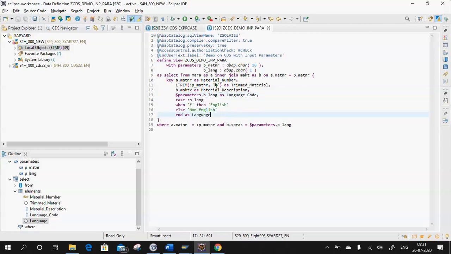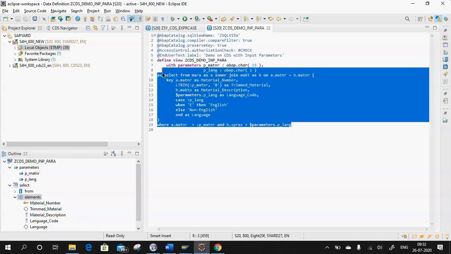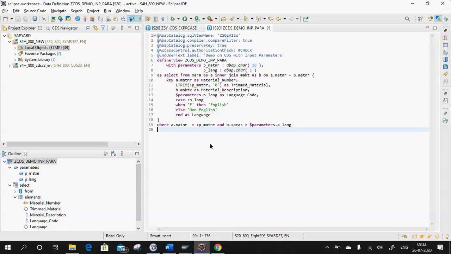Now since I have to filter the data on the basis of this join, what I am doing is a.matnr equals whatever material number I am giving, and language equals whatever language I am specifying. So once I do the output,